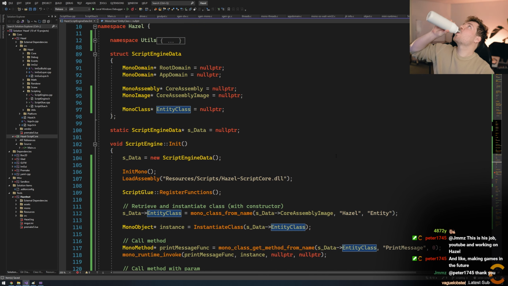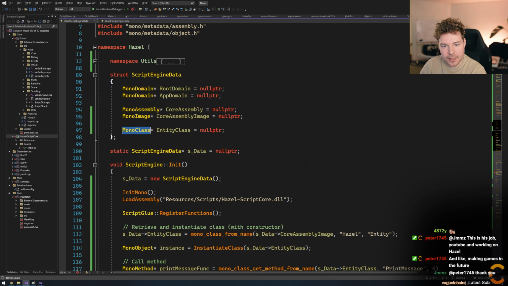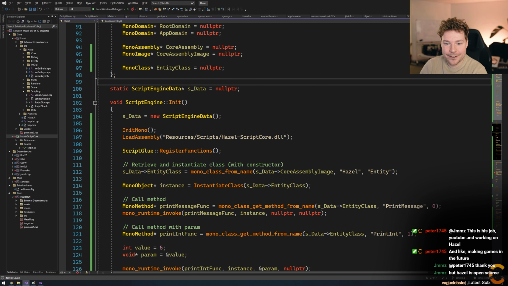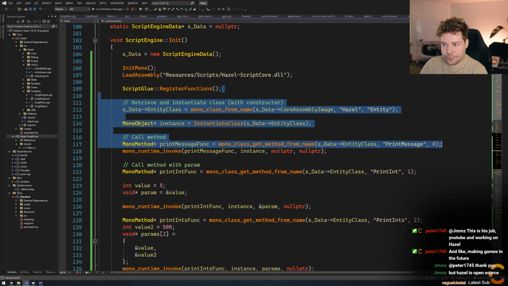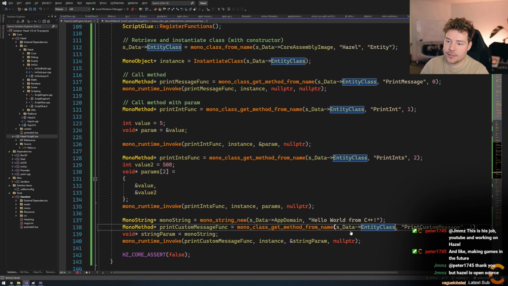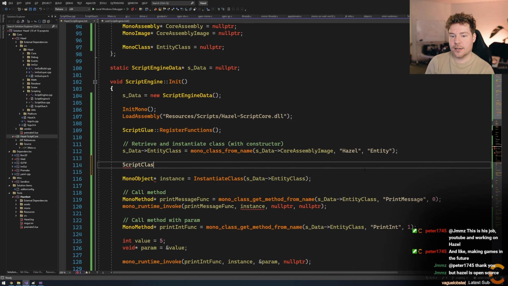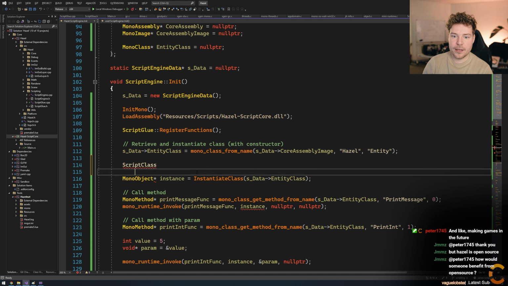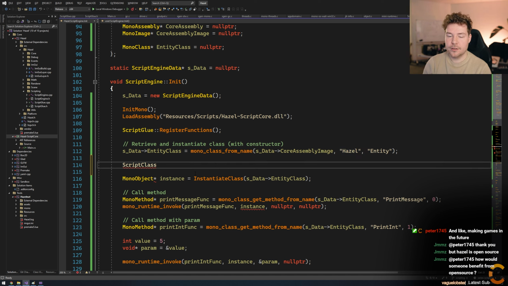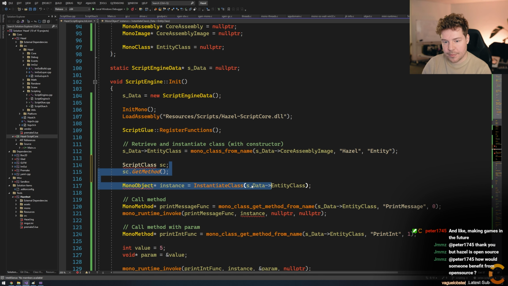So we want to have maybe our own kind of script class or something, that basically lets us just say, hey, I want to create a script class, and it's going to be Hazel entity, and then inside that script class, I want an object-oriented kind of thing, where we can just say get method, and then we'll get a name back. We'll just say that, and that way it already has this context inside it.